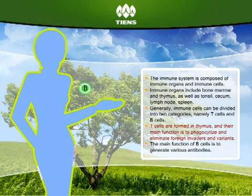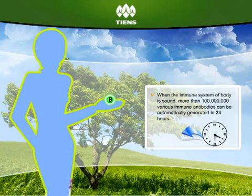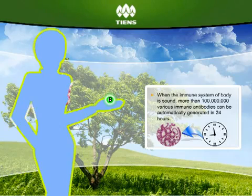T cells are formed in the thymus. Their main function is to phagocytize and eliminate foreign invaders and variants. The main function of B cells is to generate various antibodies. When the immune system of the body is sound, more than 100 million various immune antibodies can be automatically generated in 24 hours. Macrophages are the scavengers of the human body, and their main functions are to phagocytize foreign matters and depleted